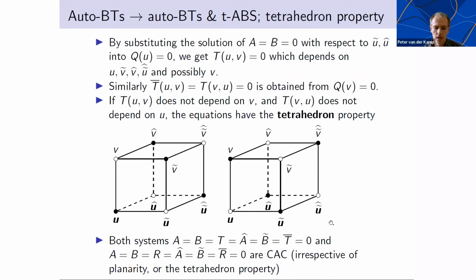And the thing to realize is that you can take these systems of equations, A, B, T, A hat, B tilde, T bar, equal to 0. Now this system is not a system on the faces of the cube, because T is a tetrahedron equation, but it's a system of 6 equations. It's defined on the cube, not on the faces, but it has the CAC property. And similarly for these other equations, these planar equations,